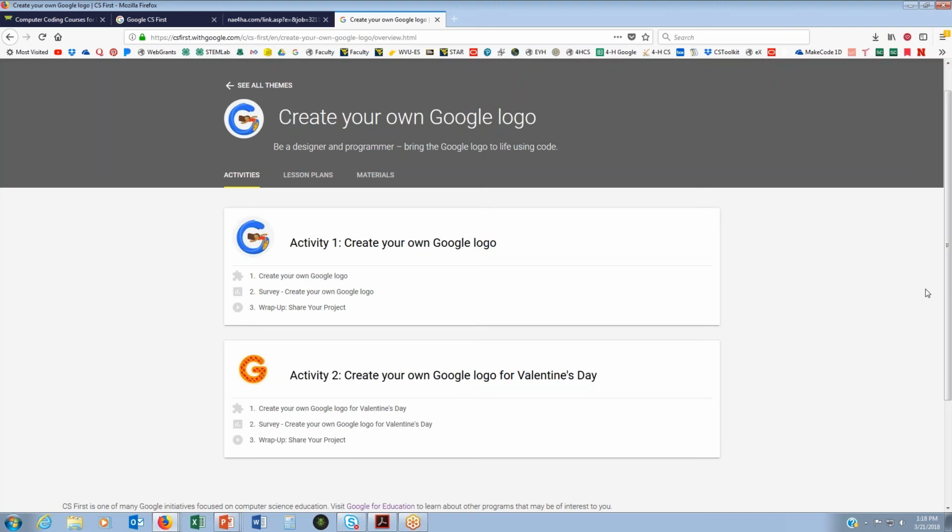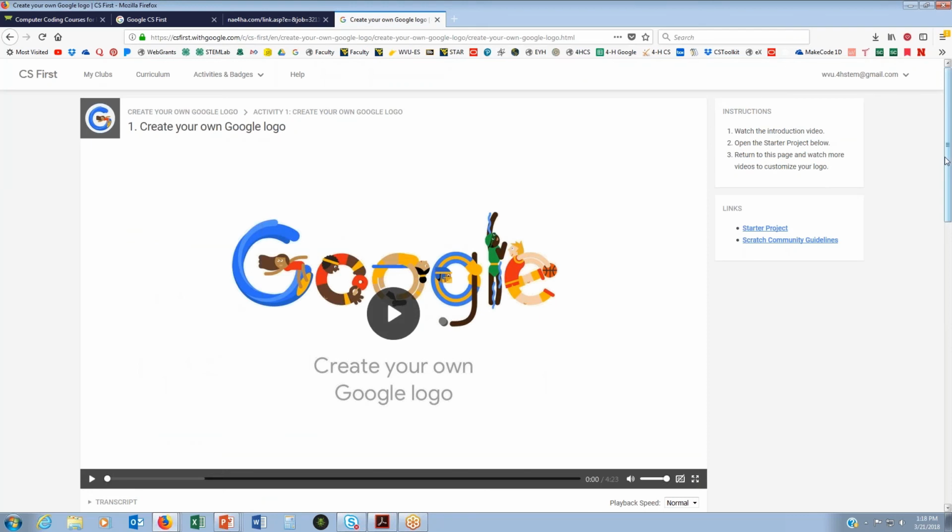and this is also very similar to what you would see within one of the theme challenges. So they have the main first video up here at the top, and then over to the side the Scratch starter project. And so when kids are working on this, they're going to have 2 tabs open at all times, one for watching their videos, and the second for going into their 4-H project. So if we go into that here, here's the Google Starter project, and